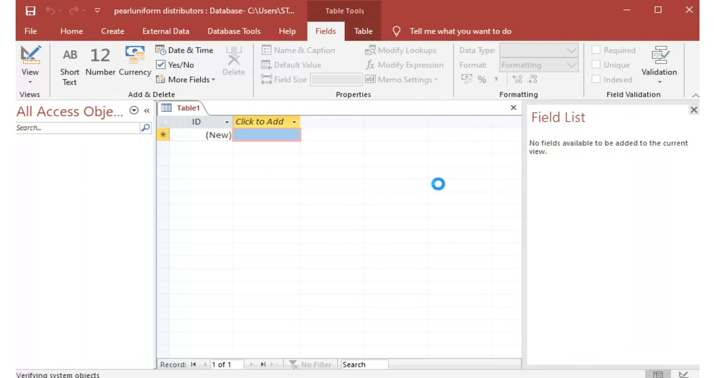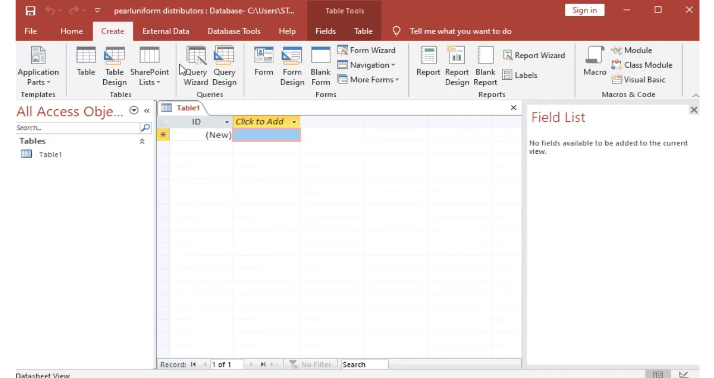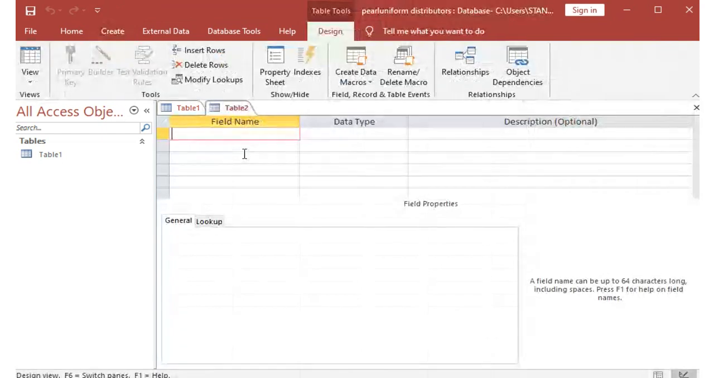Good. We are going to create our first table called item table. You say create table design. I hope you can see table design. Then we put the fields. The field number 1 is